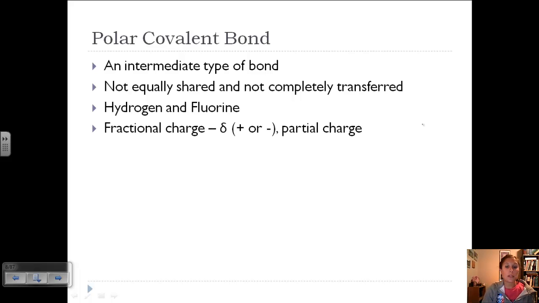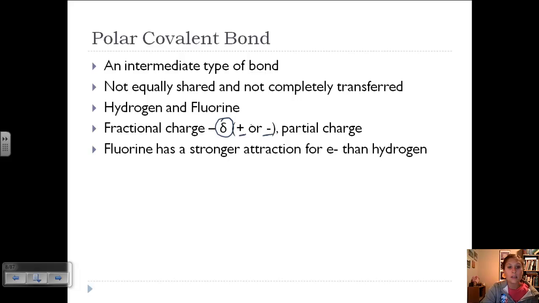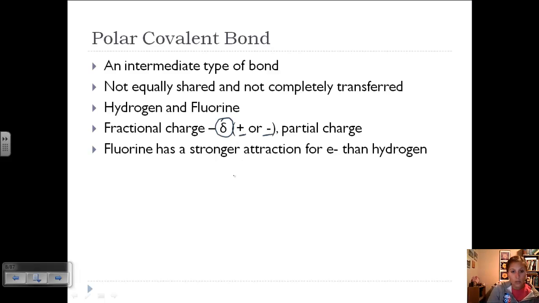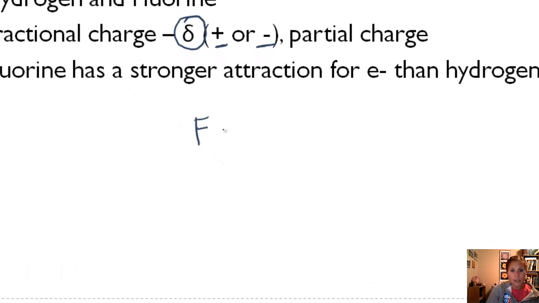When we form polar covalent bonds, we also have what are called fractional charges or partial charges, and it's this weird symbol. It can be positive or negative depending on electronegativity and where those electrons are going to be located. Fluorine has a stronger attraction for electrons than hydrogen, and we will get to this in a second, but if we wrote out the bond,